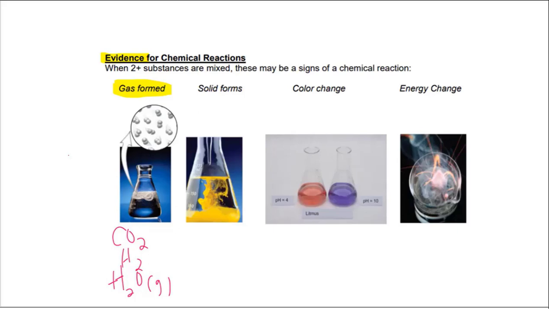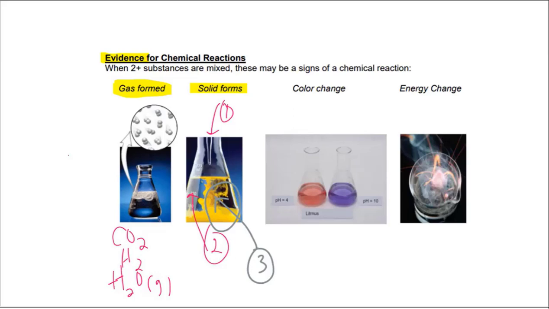Another thing that's very common is that a solid can form. If we look here, we have one substance being dropped by that eyedropper, another substance that's already in this beaker, and then a third yellow solid substance that's being formed by the addition of those two. Sometimes it's a white solid, sometimes it's different colors, but adding two different liquid species together and having a solid form, which is called a precipitate, is also an indication that